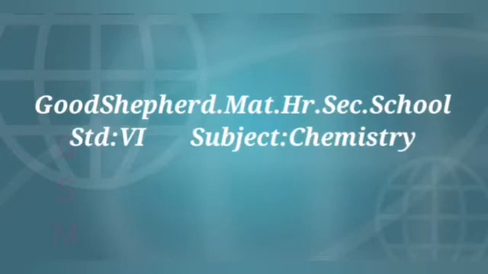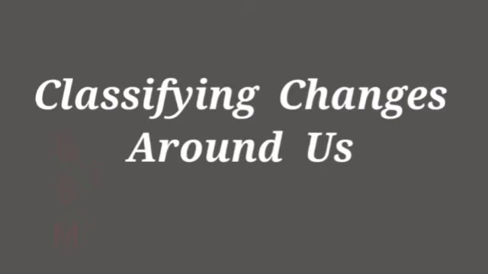Good morning, students. Today we are going to learn about chemistry, and the topic name is classifying changes around us. So already we just classified some changes like slow and fast, desirable and undesirable, periodic and non-periodic, and reversible and irreversible. So these are the things we already learned. Now we are going to classify some changes like